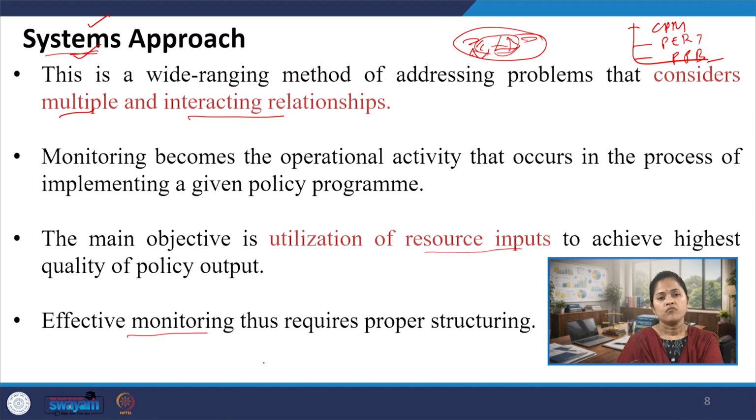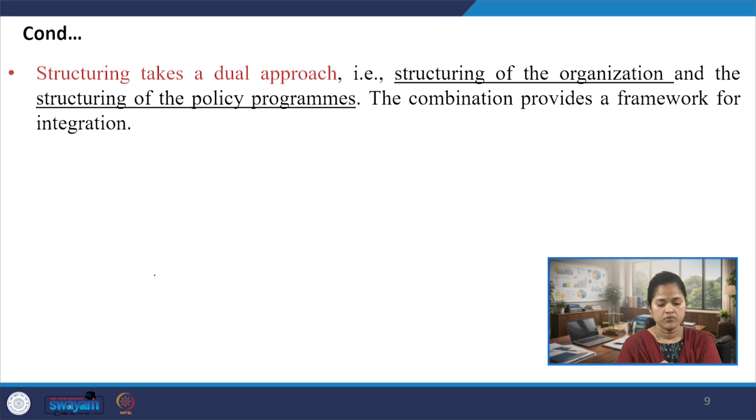For effective monitoring we need a condition. That condition is proper structuring. If there is proper structuring, then through this system approach the monitoring could be effective. So what is this structuring? It has a dual approach, emphasizing two types of structuring. The first is structuring of the organization and the second is structuring of the policy programs. If we integrate both,